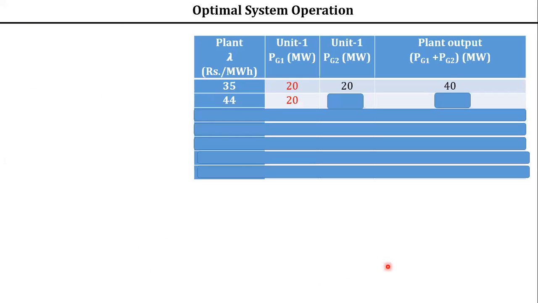Let us prepare the table. You see this one, plant lambda. Lambda means incremental fuel cost, rupees per megawatt hour. Unit 1, what is the generation in megawatt? Unit 2, what is the generation in megawatt? What is the total plant output? PG1 plus PG2. So when lambda is equal to 35,